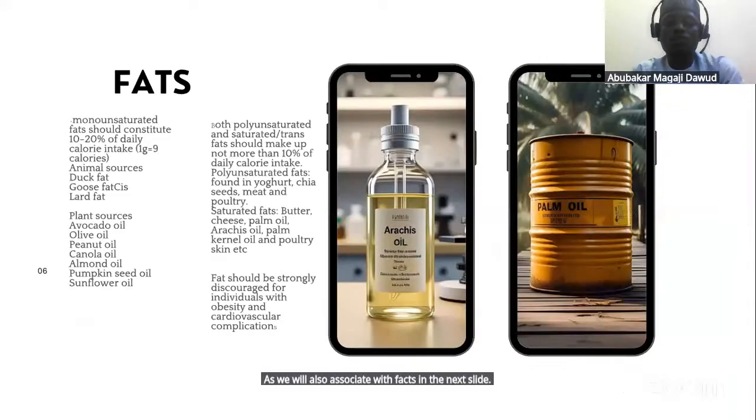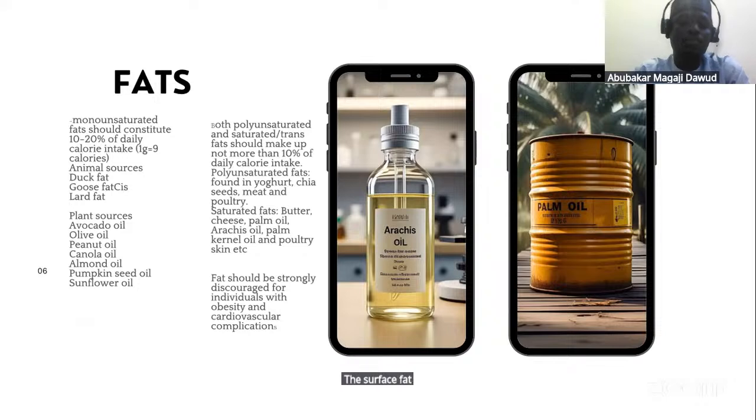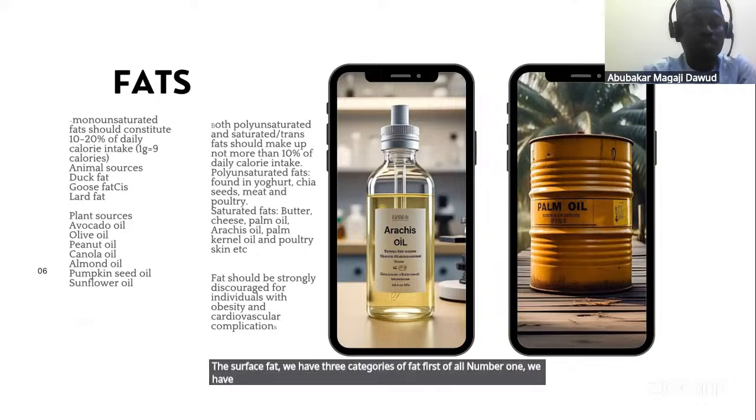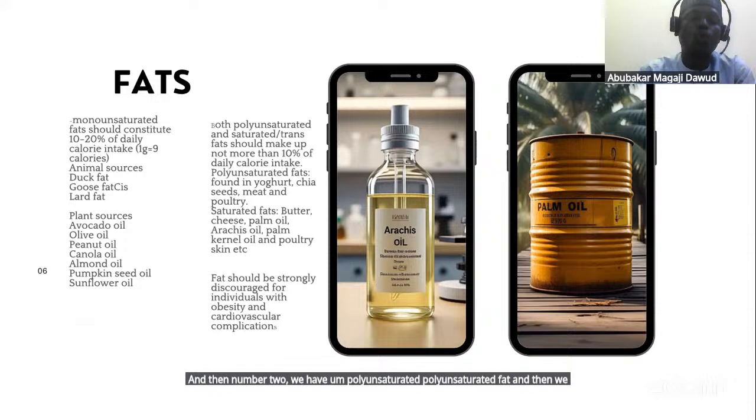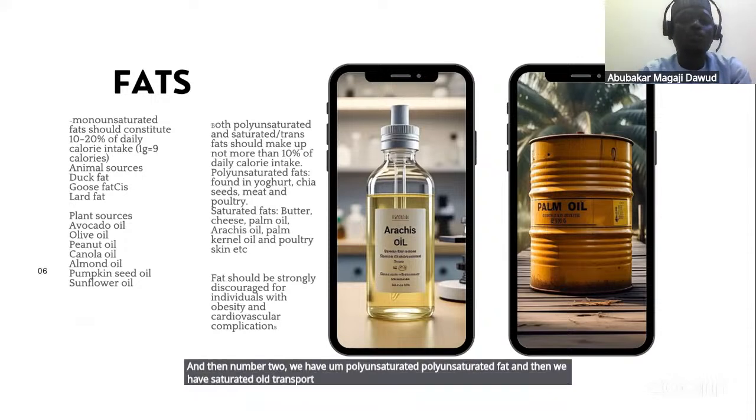Now we are moving to fat. Okay, fats. We have 3 categories of fat, first of all. Number 1, we have monounsaturated fats. And then number 2, we have polyunsaturated fat. And then we have saturated or trans fat. This unsaturated fat, we call it cis, meaning C-I-S, cis